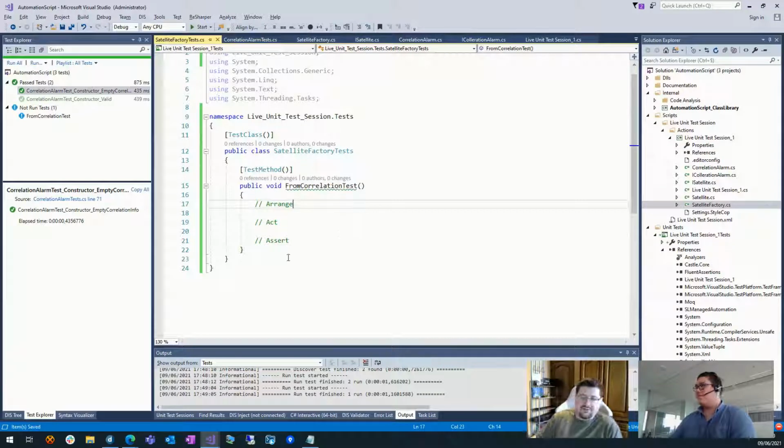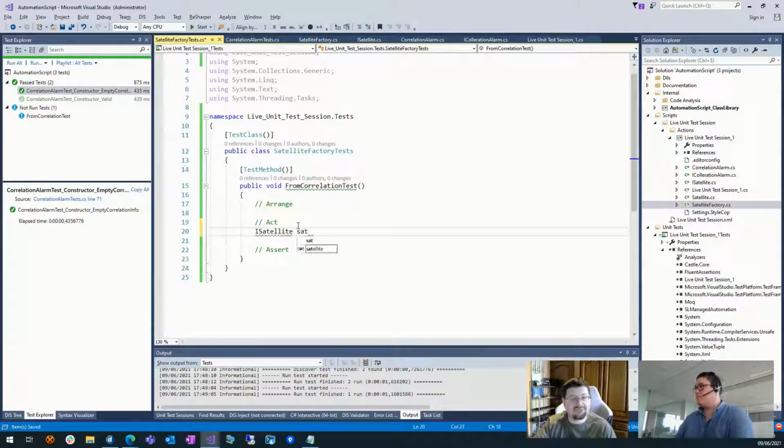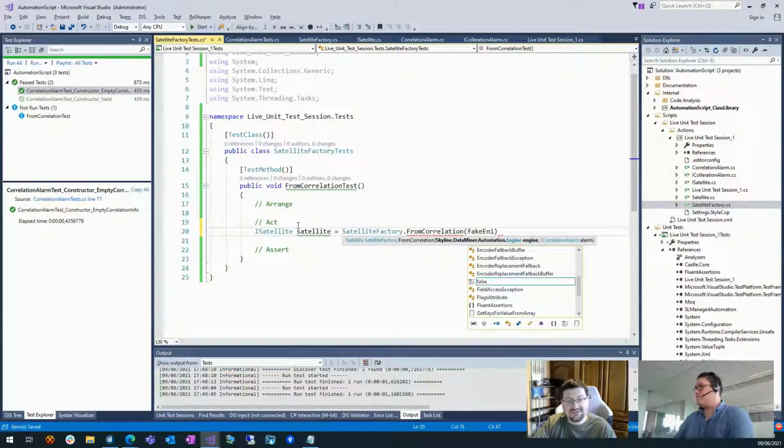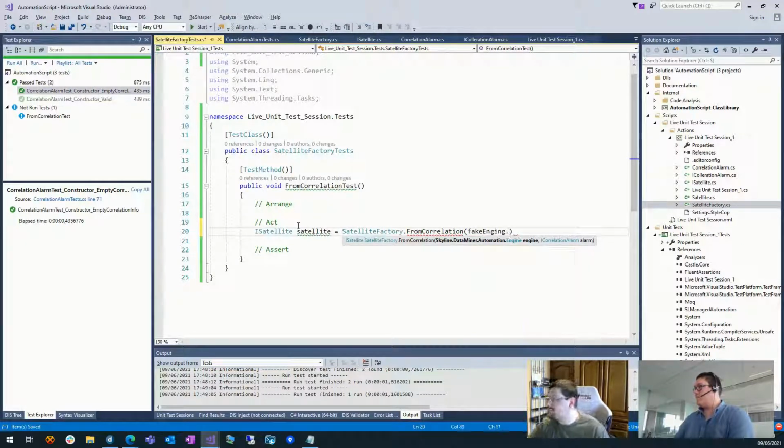So to do this, again, we begin with the act. What do I want to have happen? Well, I want to actually call my factory and get a satellite, or an interface of satellite, from my correlation. And I need to provide an engine and an alarm. So we're going to add engine, fake engine, and fake alarm.